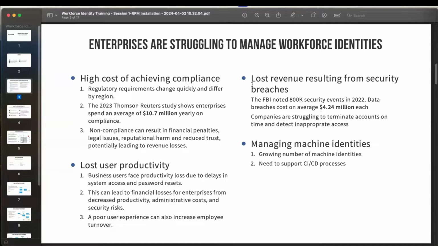Related to this is also the high risk of security breaches. There are more security breaches today than there ever have been. Identity is a critical part of that process, so being able to mitigate risk related to identity goes a long way. And so one of the biggest problems we see is that companies, whether they're using IAM products or not,